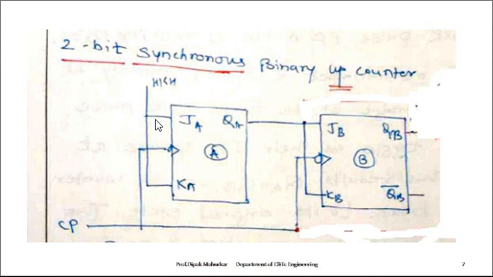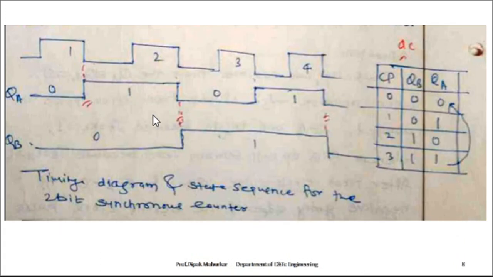Whereas flip flop B will remain 0, because JB and KB are connected to QA, and initially the output is 0. At the negative going edge of the second clock pulse, both flip flops will toggle because they both have a toggle condition on their JK inputs. This will be clear by observing the diagram. Thus after the second clock pulse,